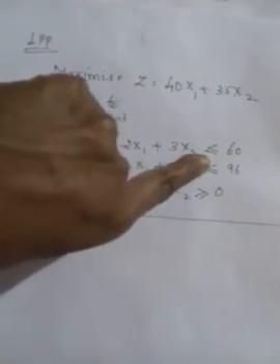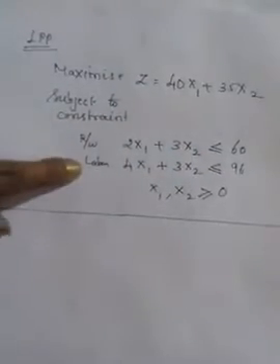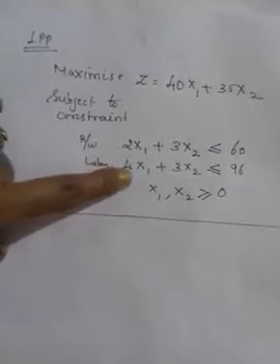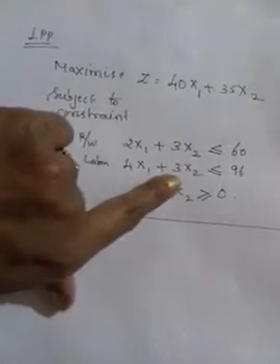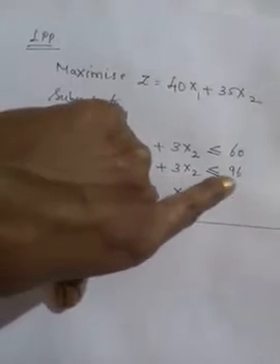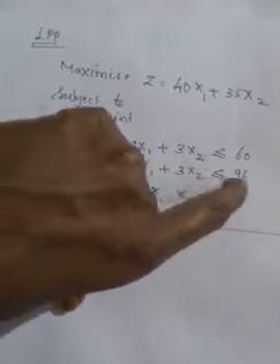Since they gave only 60 kg raw material, you have to put less than or equal to. Okay, similarly labor hour they said 4 hours to make product A and 3 hours to make product B, and they said only 96 hours they have in hand. Okay, so less than or equal to 96. So like that you have to formulate the problem. Okay,